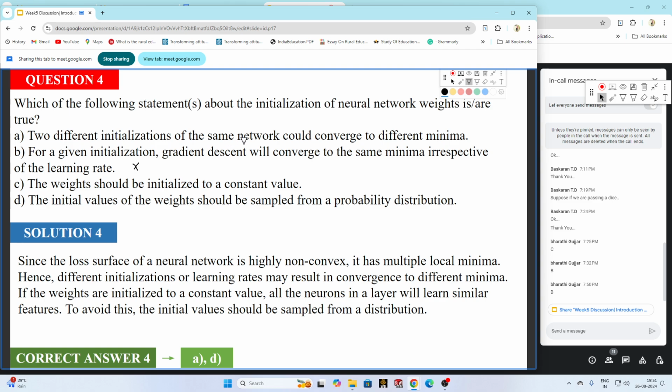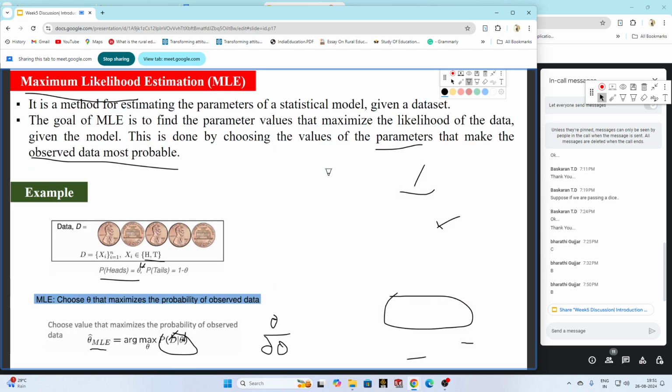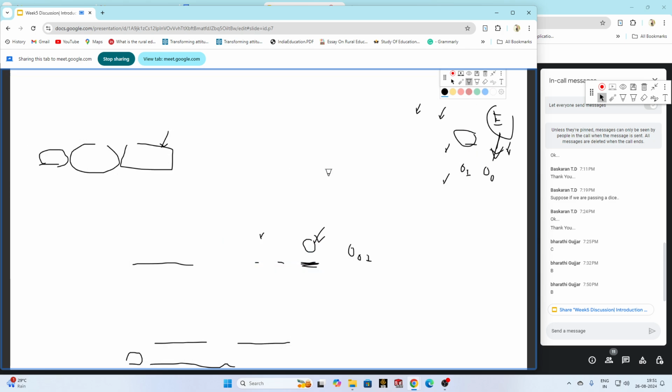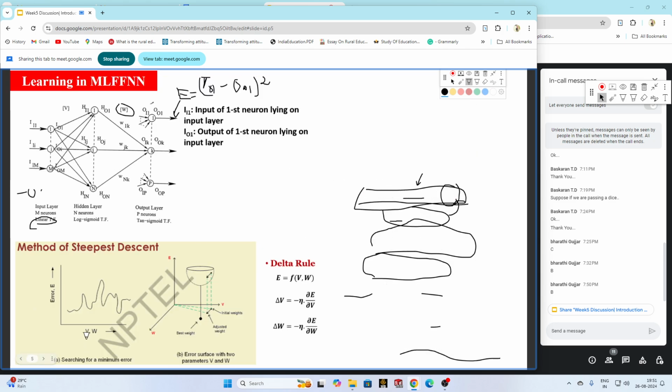Two different initializations of the same network could converge to different minima. What happens? It will be better understood by this curve. You are seeing this curve, right? This is error, and these are weights. Now it has been told that if we initialize different weights, like if we are here, if we start our calculation here,